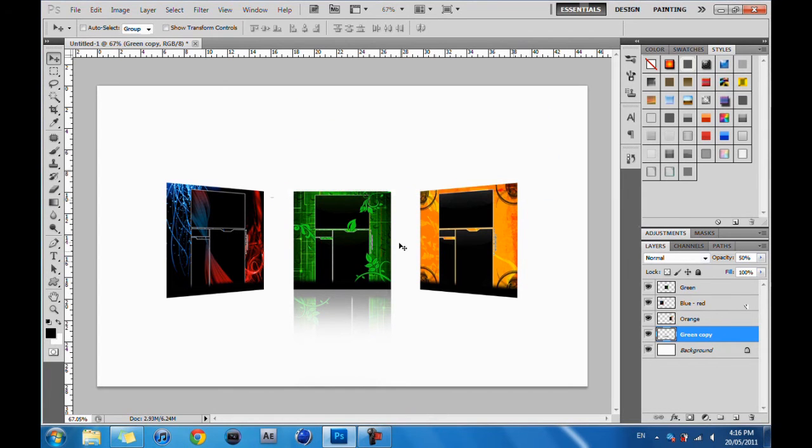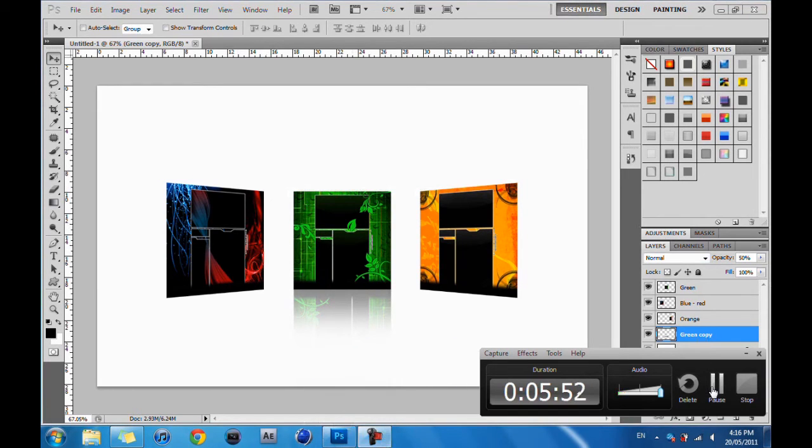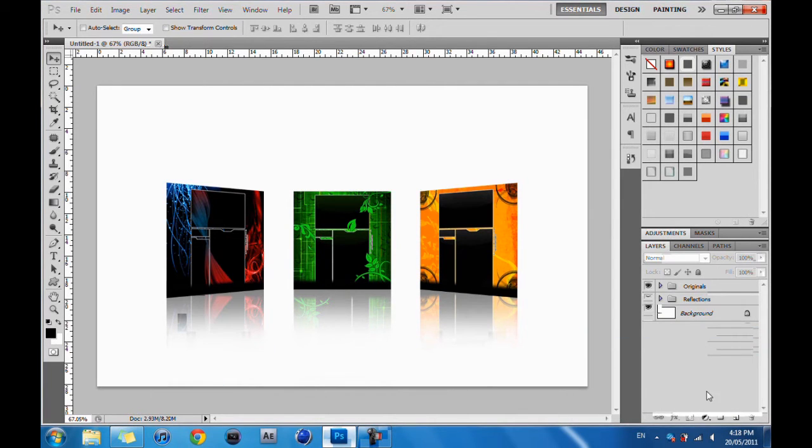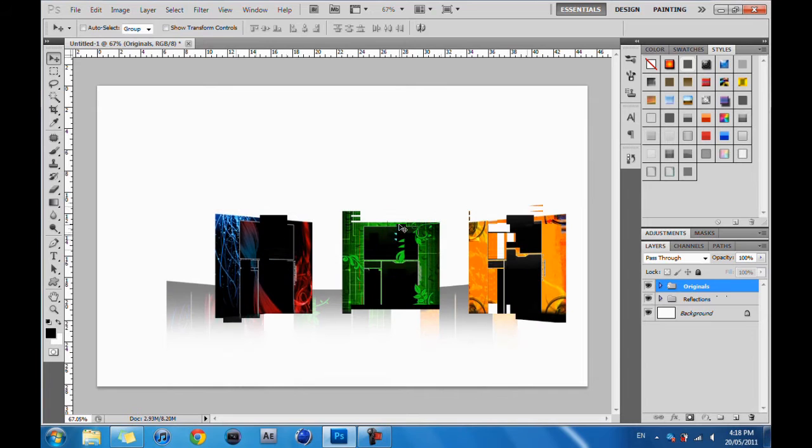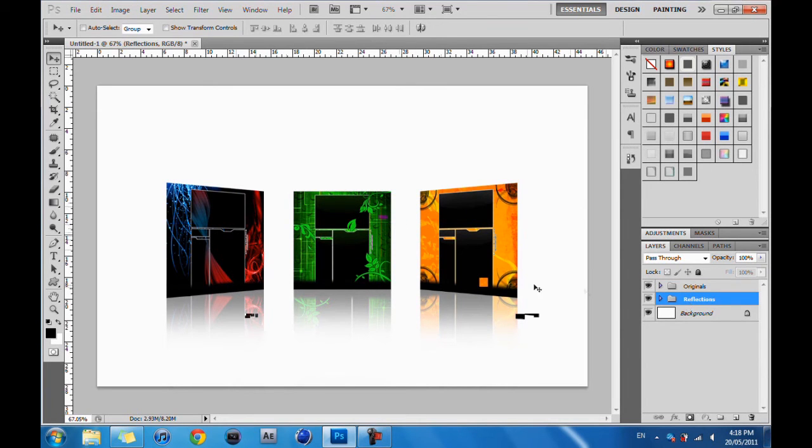And then I'm going to do that for these two other pictures. So I'm going to pause the video once again, and then when I have done that, I will return. Okay, and we're back. And so now you can see I've done the reflections for these three pictures, and I've put them into folders. One called Originals, which is the main ones, and one called Reflections, which are the reflections. So now I'm just going to move these down a little bit,